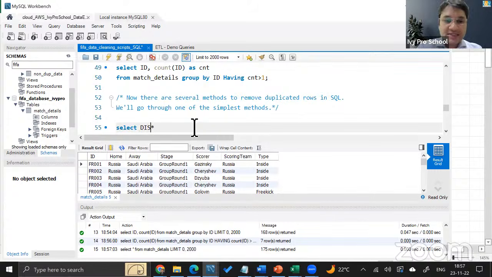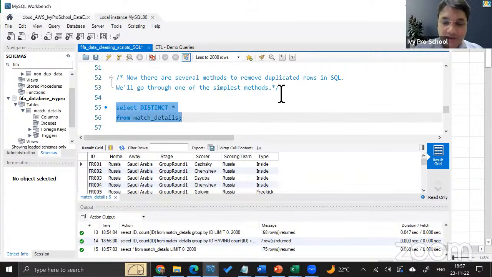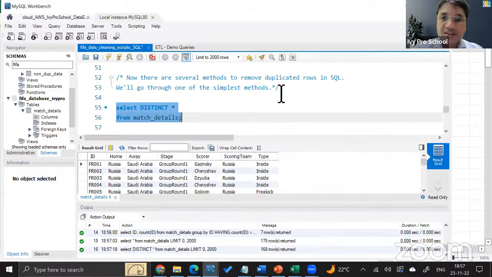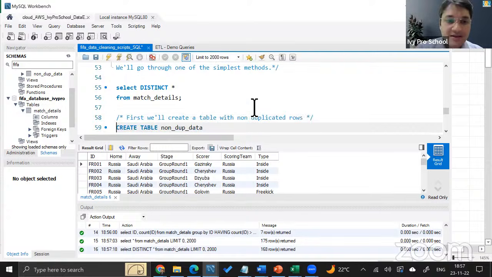Now, if I write distinct star, this means it will only give me those rows which are non-repeating. So right now it gives me 175 rows. Now, if I write distinct, it gives me 168 rows, which basically means 7 rows are repeating, right? Just keep that small point in mind. Okay, we will talk about this again a little later.